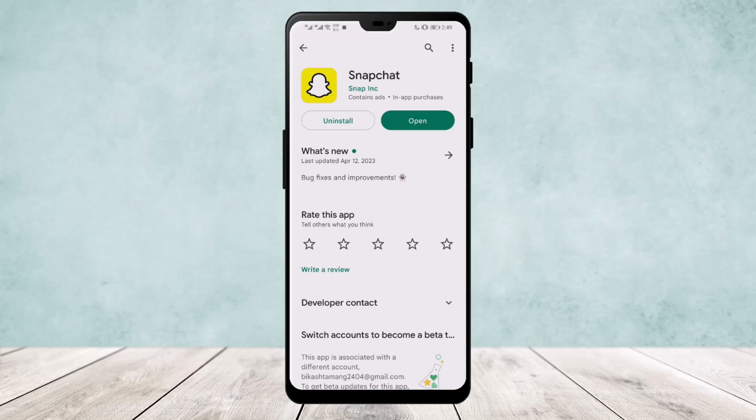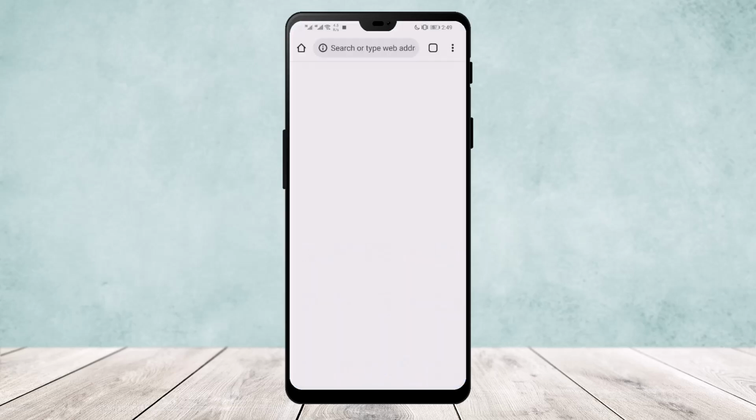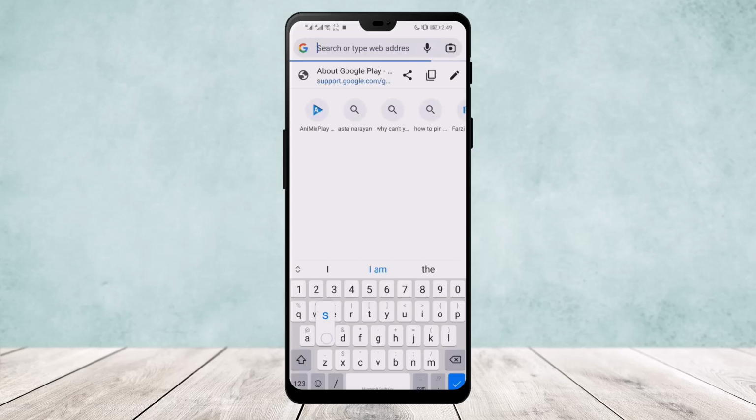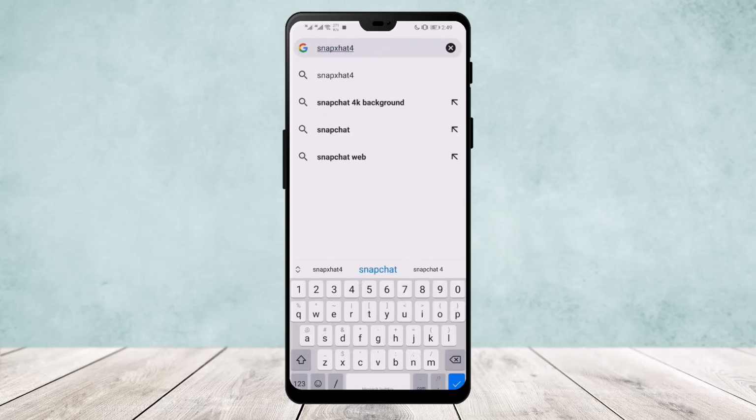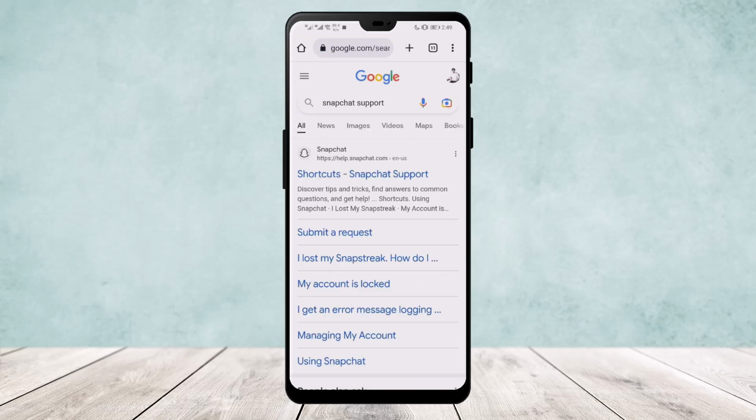Today I'll explain or guide you on how you can unlock your locked Snapchat account. First thing is, go to your web browser on your device and search for Snapchat support. Now, once you type and search for it, you will find the Snapchat support link. Go to it